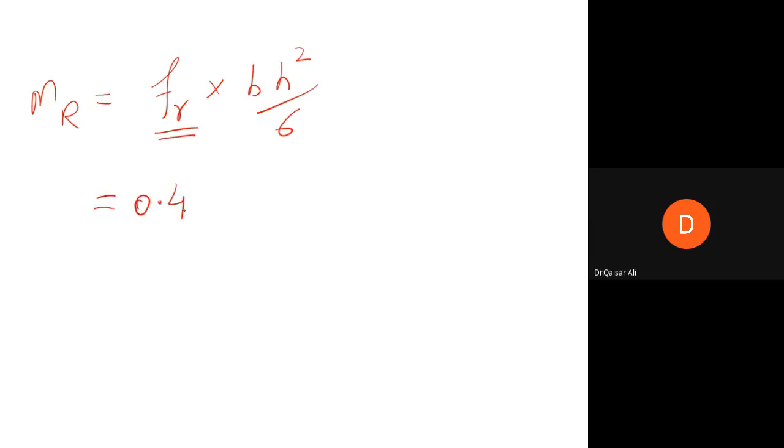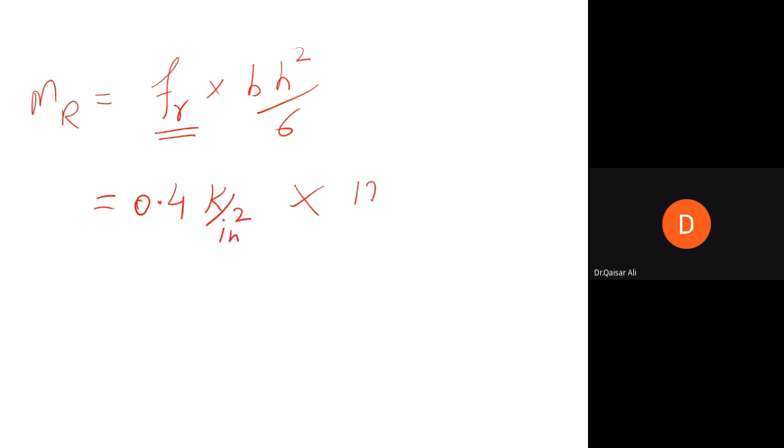Let me do this. MR will be equal to FR into BH square divided by 6, and FR we have calculated that this is equal to 0.4 KSI. मैं यूनिट साथ लिखता हूं ताकि आप लोग समझ जाएं कि इसके यूनिट्स क्या होंगे। ये K पर स्क्वायर इंच को मैं इस तरह लिखता हूं आसानी के लिए।